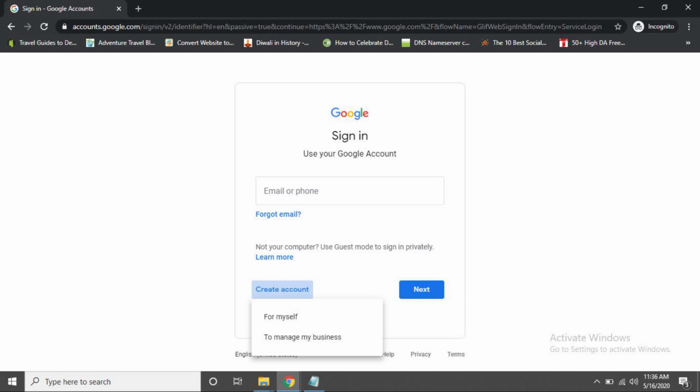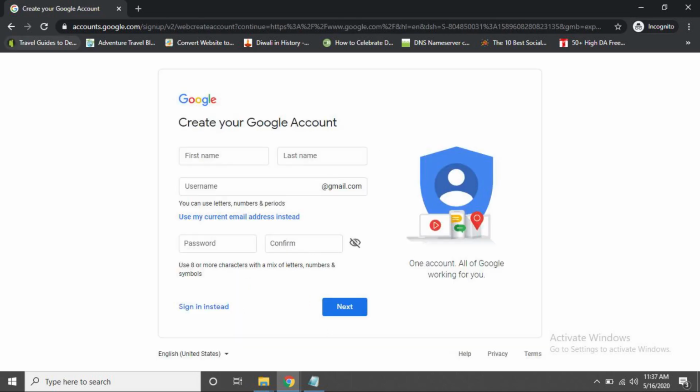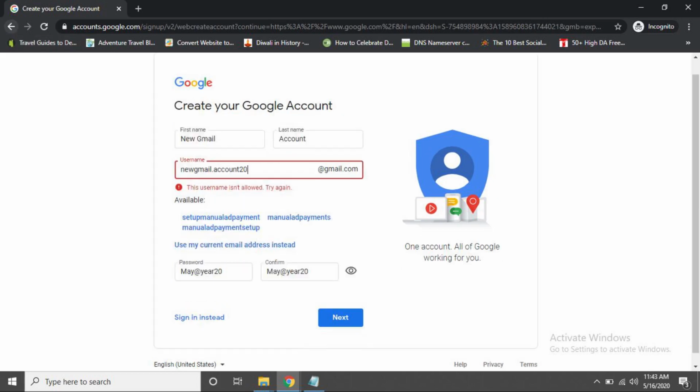Then you will get a screen with the details. Fill that up, but most people make mistakes here. What they do is, after filling up all the details, they jump to sign in instead. And what happens next is they end up on a sign in page. After putting in the password, Google finds that the password is wrong. Why? Because the details they filled up were not completely processed. So always make sure to click on the next button.